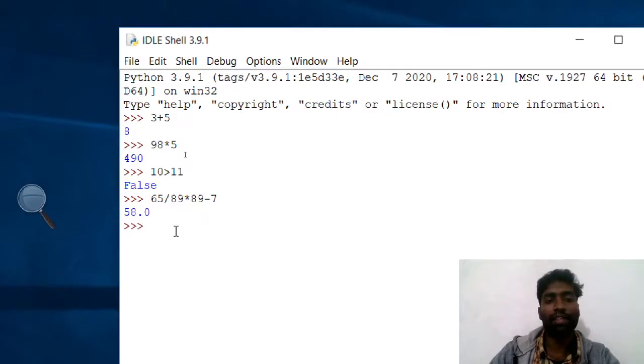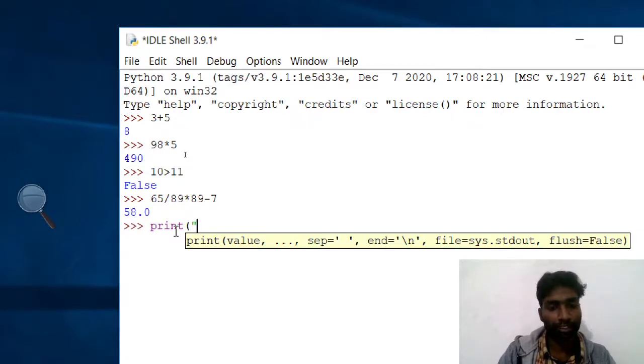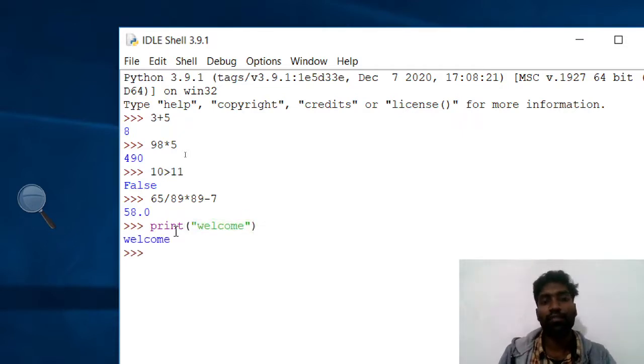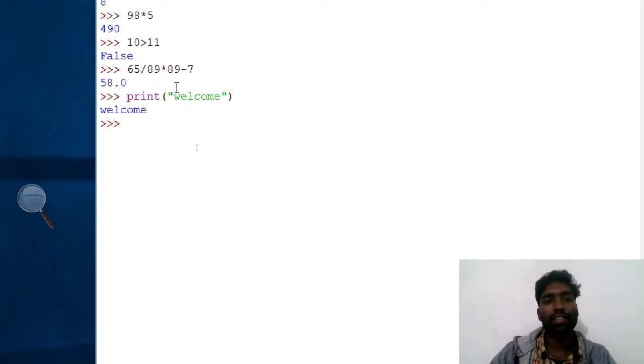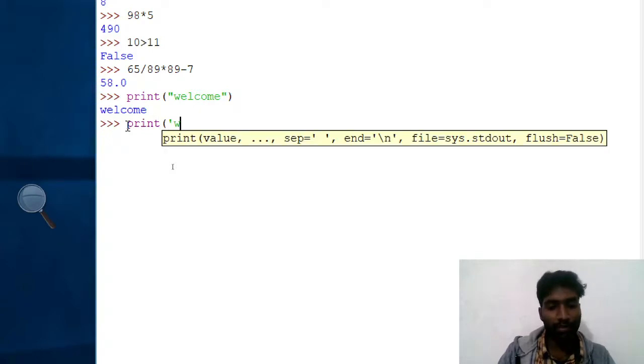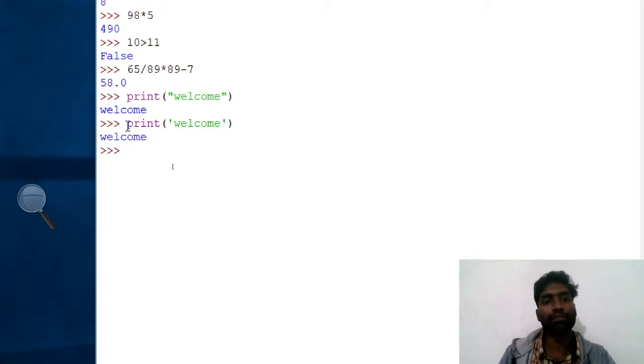When we are giving the program, print, welcome. My dear students, here if you are using double quotes, you should end with double quotes. It is not compulsory to use only double quotes. You can use single quotes also. Example, print, single quote, welcome, single quote closed, enter.